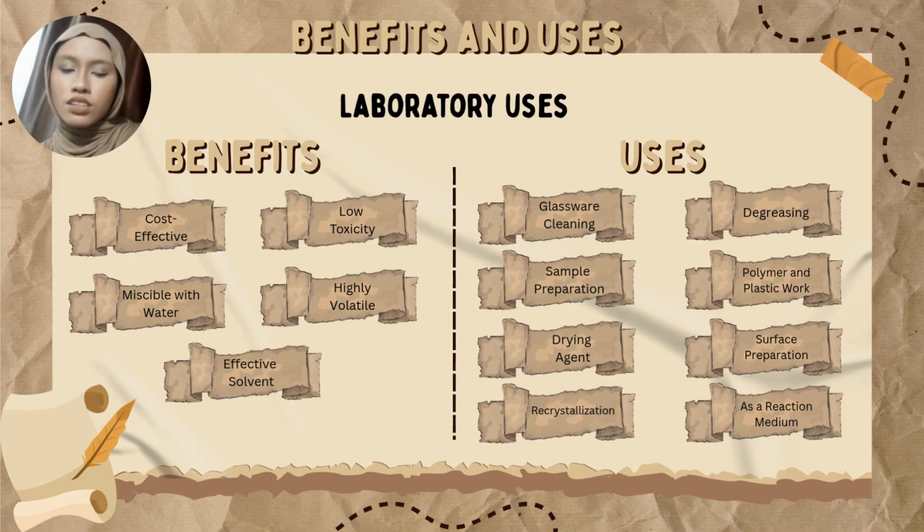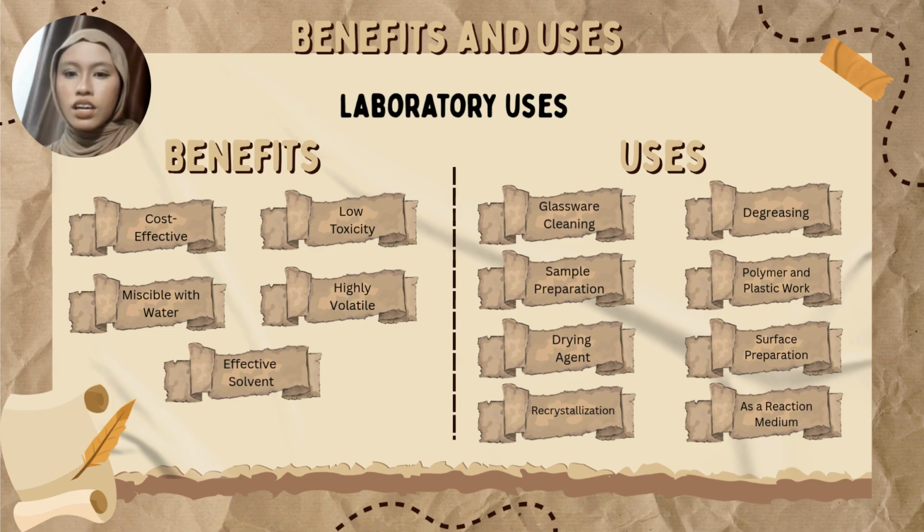Next are the uses of acetone in the laboratory. First is glassware cleaning. Acetone is often used to clean glassware due to its ability to dissolve residues and evaporate quickly. Secondly, sample preparation. Acetone is used to dissolve or dilute samples in chromatography and spectroscopy. Third, drying agent. Acetone helps remove water from wet equipment or samples due to its miscibility and fast evaporation. Fourth,